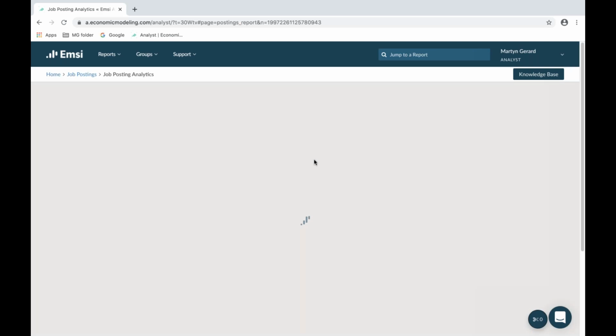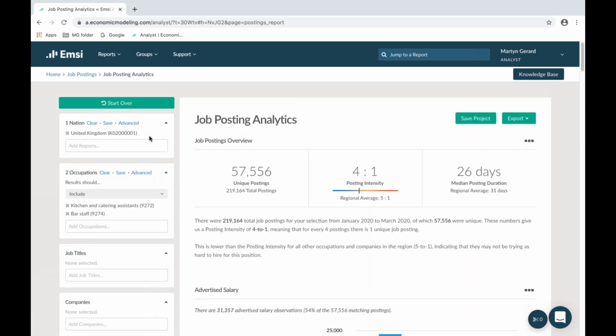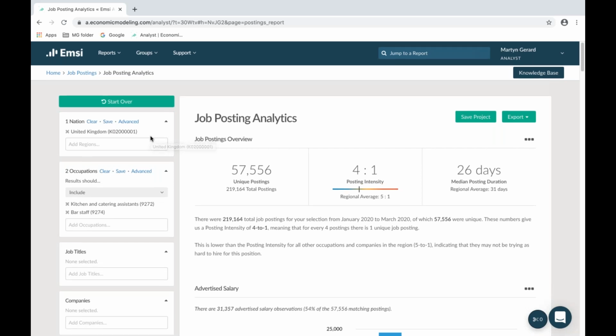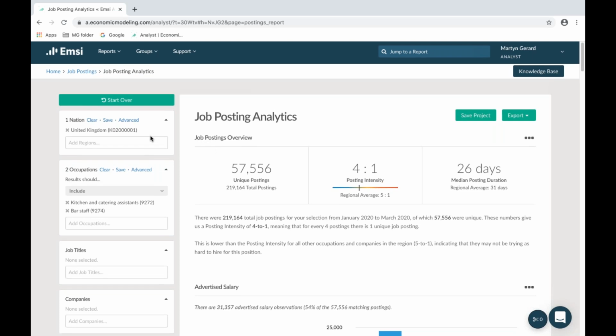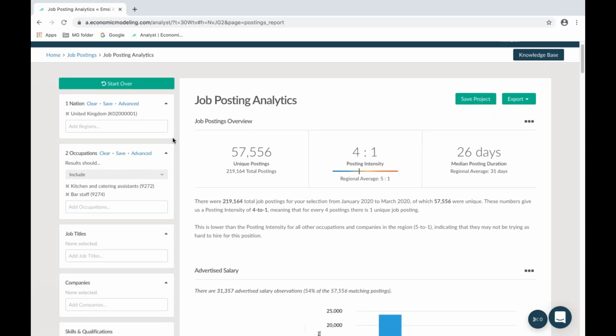So if we start with looking at our job postings report, obviously, if you're an existing Analyst customer, which many of you will be, this will all be very familiar. For those that are new, this is one of our standard job posting analytics reports. On the right-hand side, in the middle there, you have headline measures. Just to state, you have total postings and unique postings. Unique postings are the ones that have been deduplicated. So that's where we know that it is a